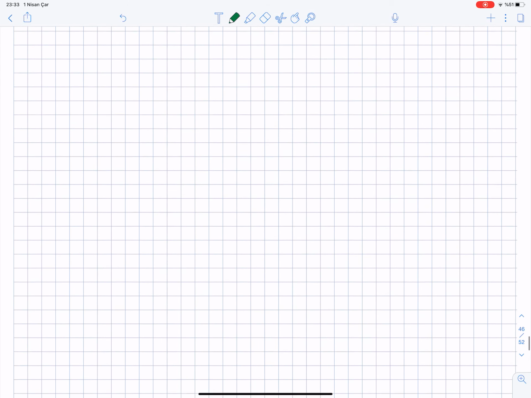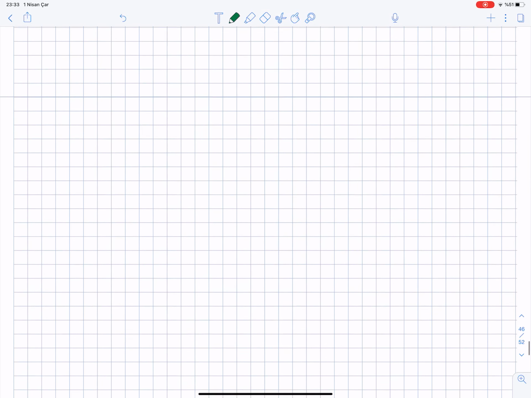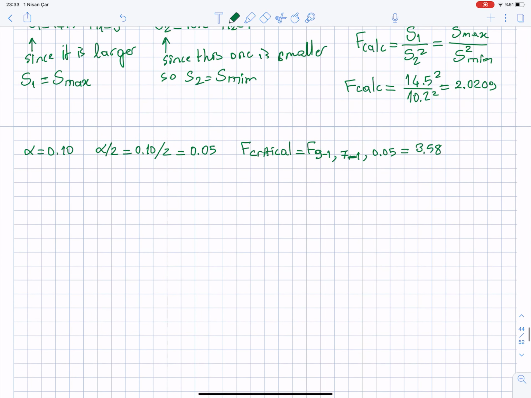3.58 something. Let me see again. Yes, this is 3.5806. Okay, and the calculated statistic is smaller than this value. The F calculated statistic, which is 2.0209, is less than 3.5806,